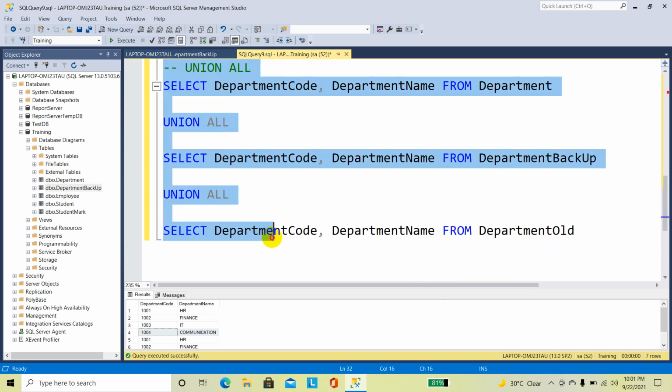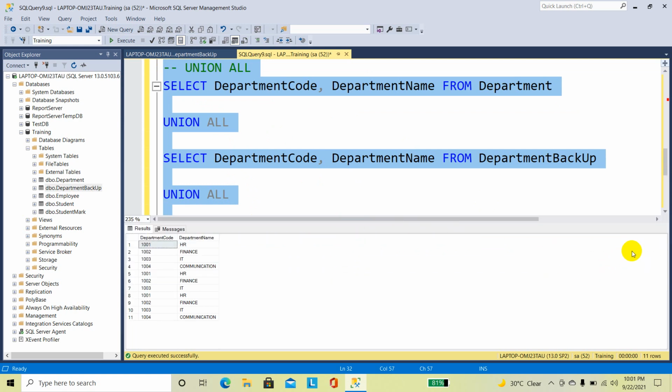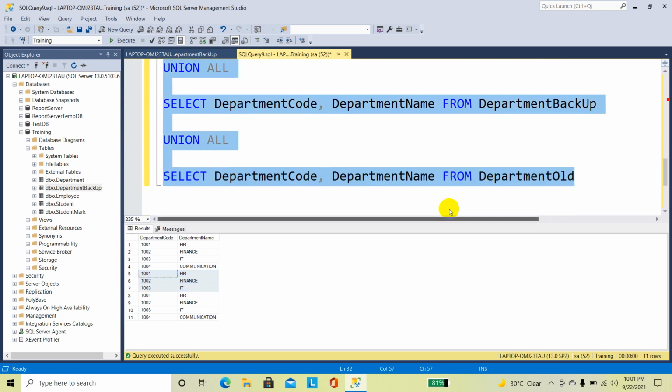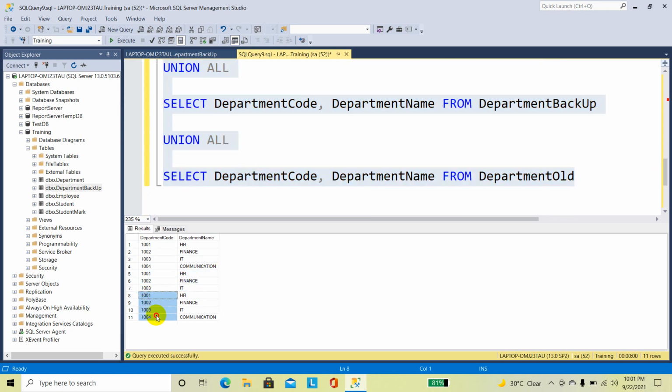Now I am going to select these statements and execute. Now you can see the first 4 records from the department table, the next 3 records from the department backup table, and the next 4 records from the department old table.